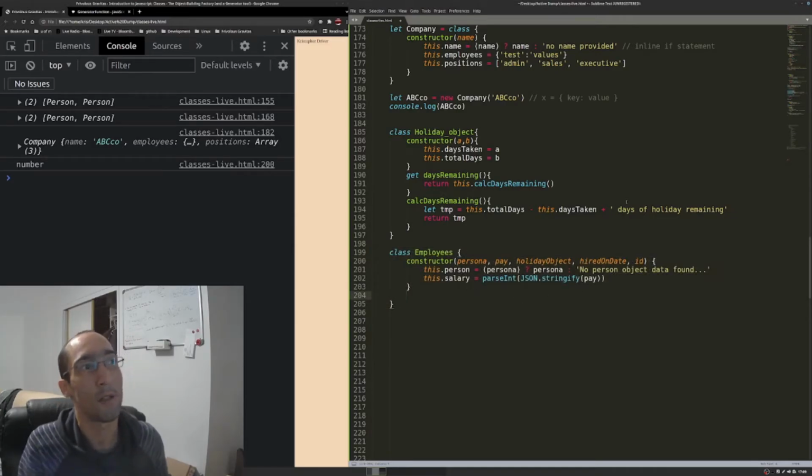Where were we? Class of employees, we have instructors, parse int, stringify our pay. I'm just going to say parse int, because if it's already a number, it'll give us a number, and if it's not a number, let's do that. So if type of pay equals number,